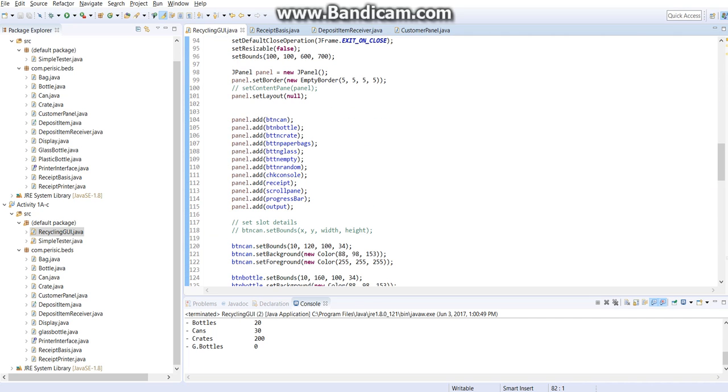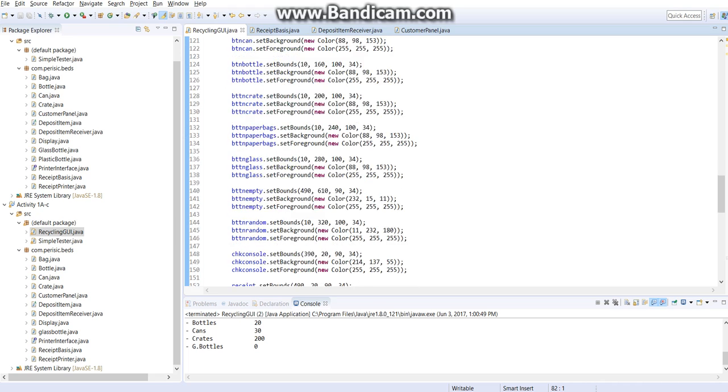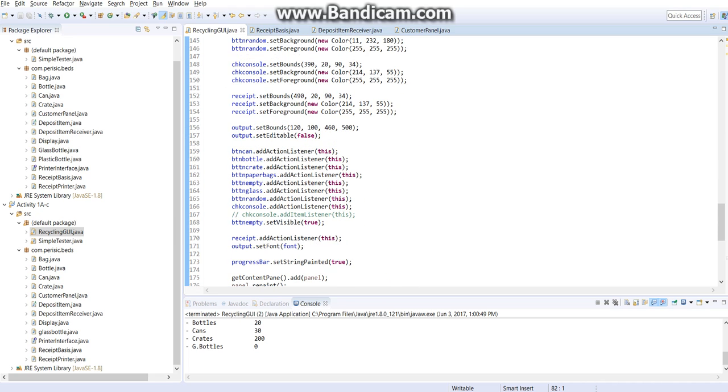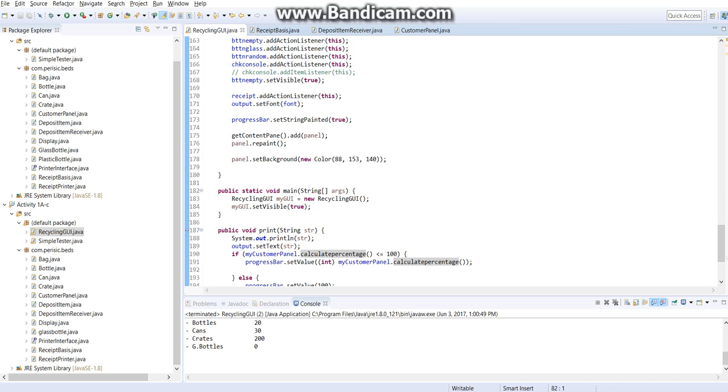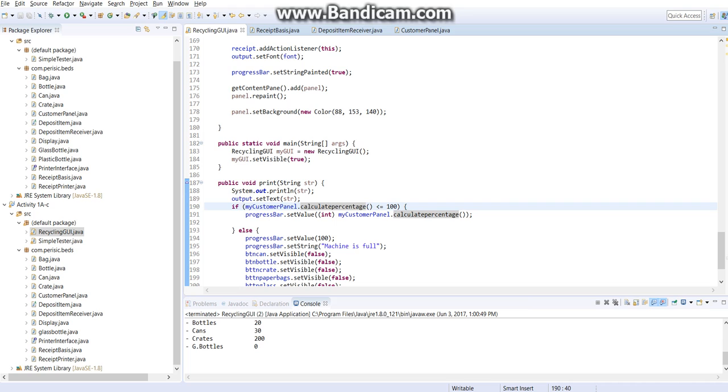I have given the particular code and I was working on it, and by giving the progress bar the function where it calculates the percentage, like if it's less than or equal to 100, where I have